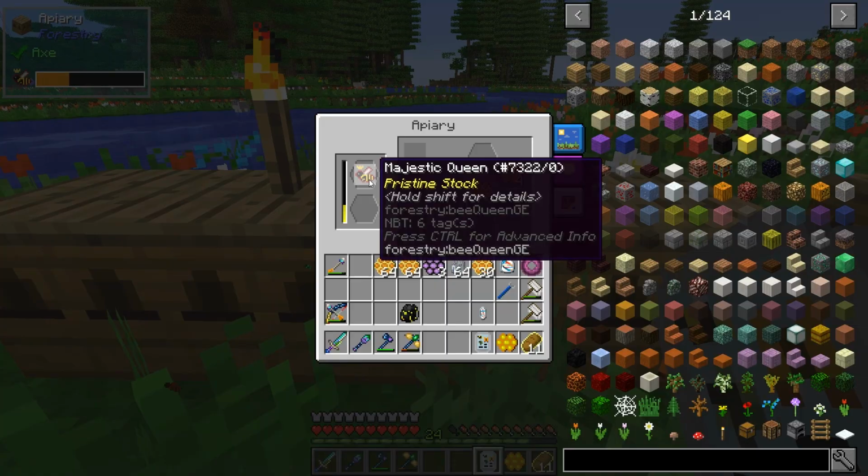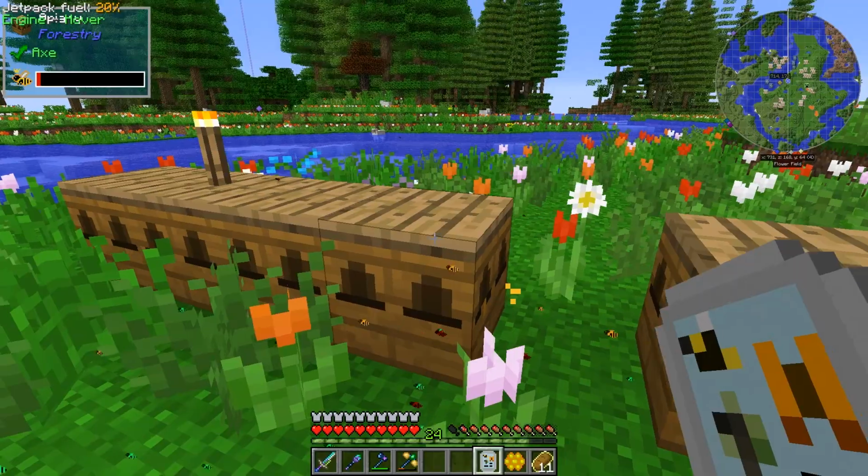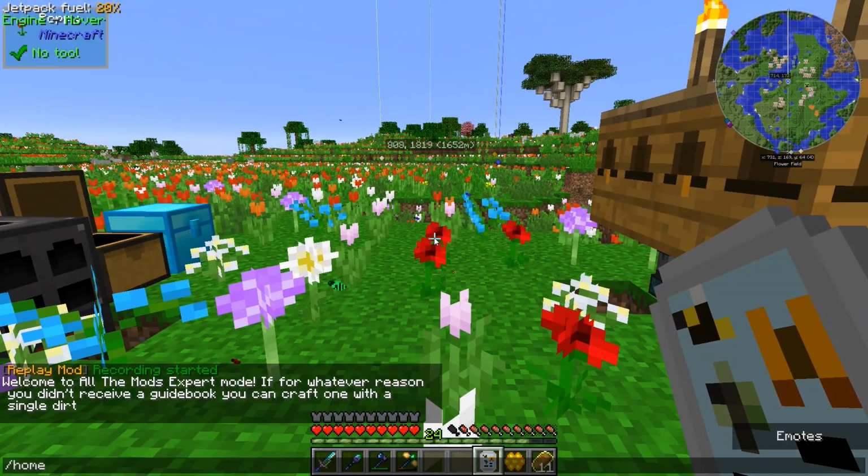This one is pristine also, this one is pristine, this one is ignoble, and this one is ignoble. So these two can die, but everything else won't. I also have...